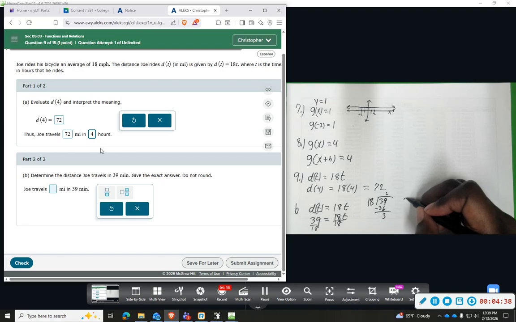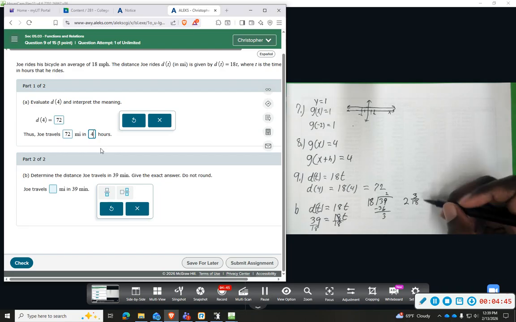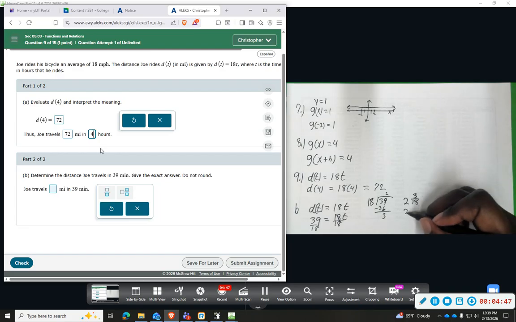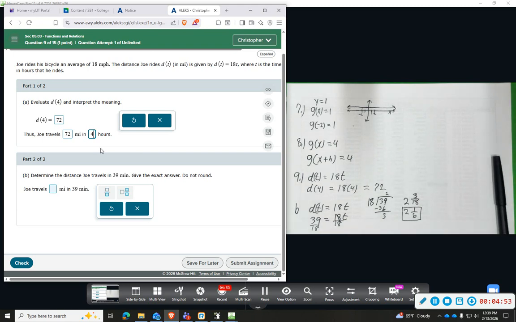So we can say 2 and 3 out of 18, which will reduce to 2 and 1/6. If I want to give an exact answer, this is the way I would write that. So mixed number, 2 and 1 over 6 miles. And